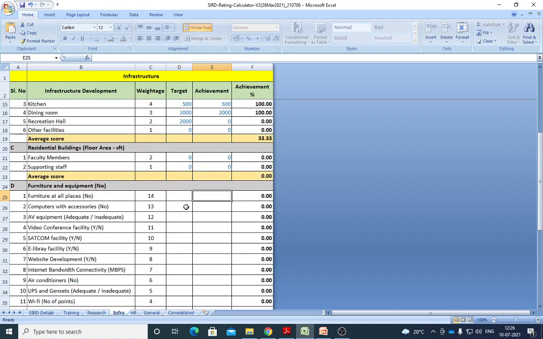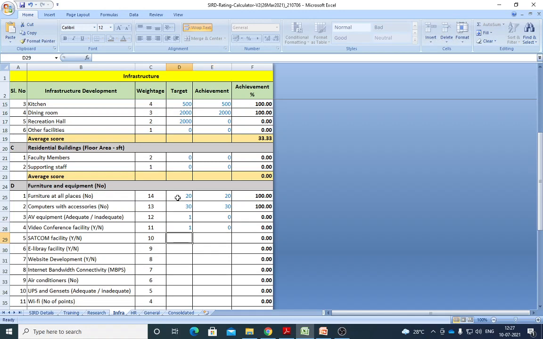And furniture: you requested furniture from the state government budget, whatever the budget is, furniture for all places, in numbers. And computers. So some furniture, I got 20 chairs, suppose 20 numbers of furniture. It got sanctioned, but it is not yet placed. Computers, I got 30 computers sanctioned in that year. I was able to get those 30 computers, and they are working. And AV labs, I proposed one and got a sanction, but I could not put it in place.